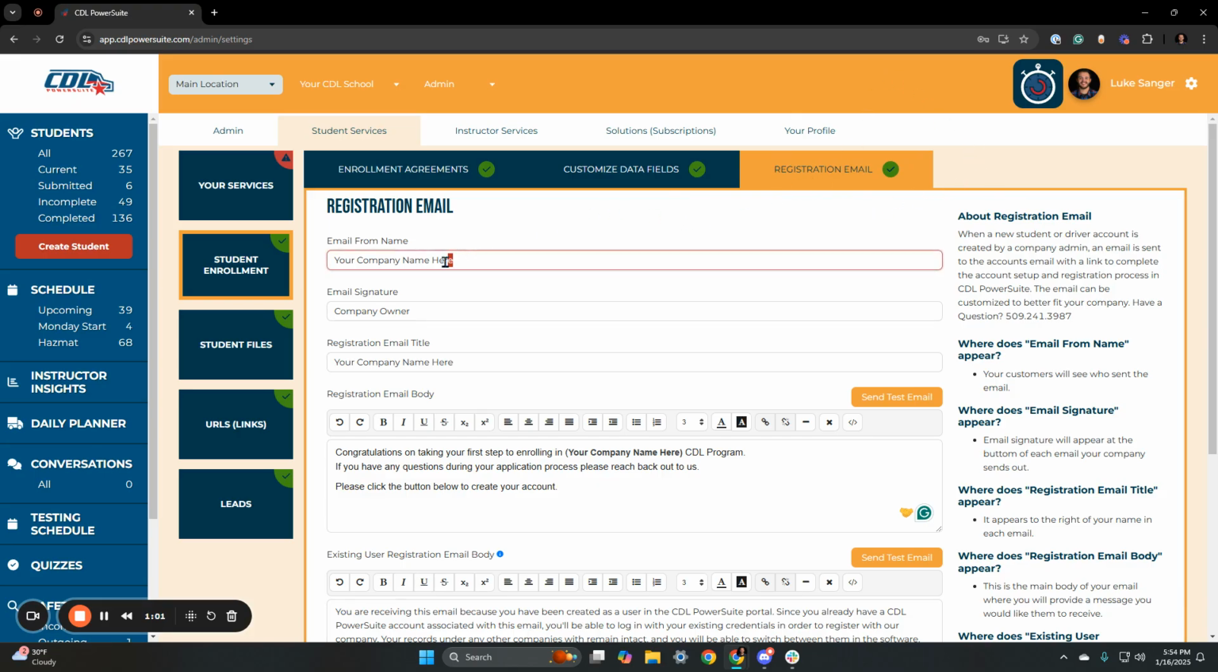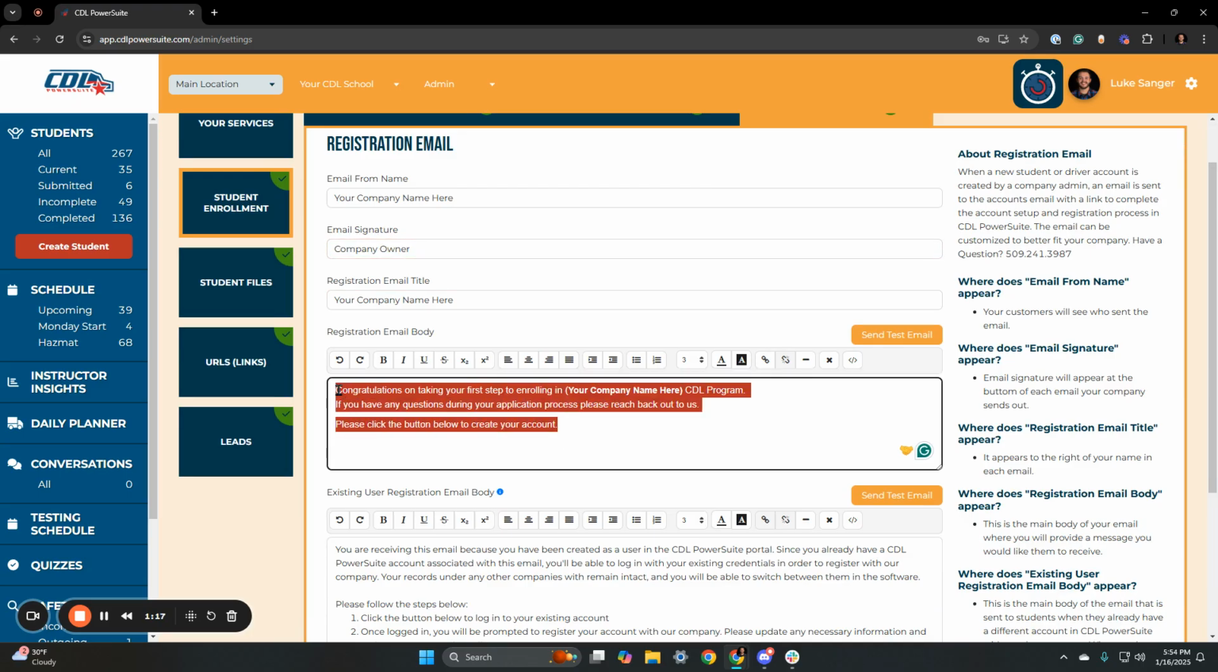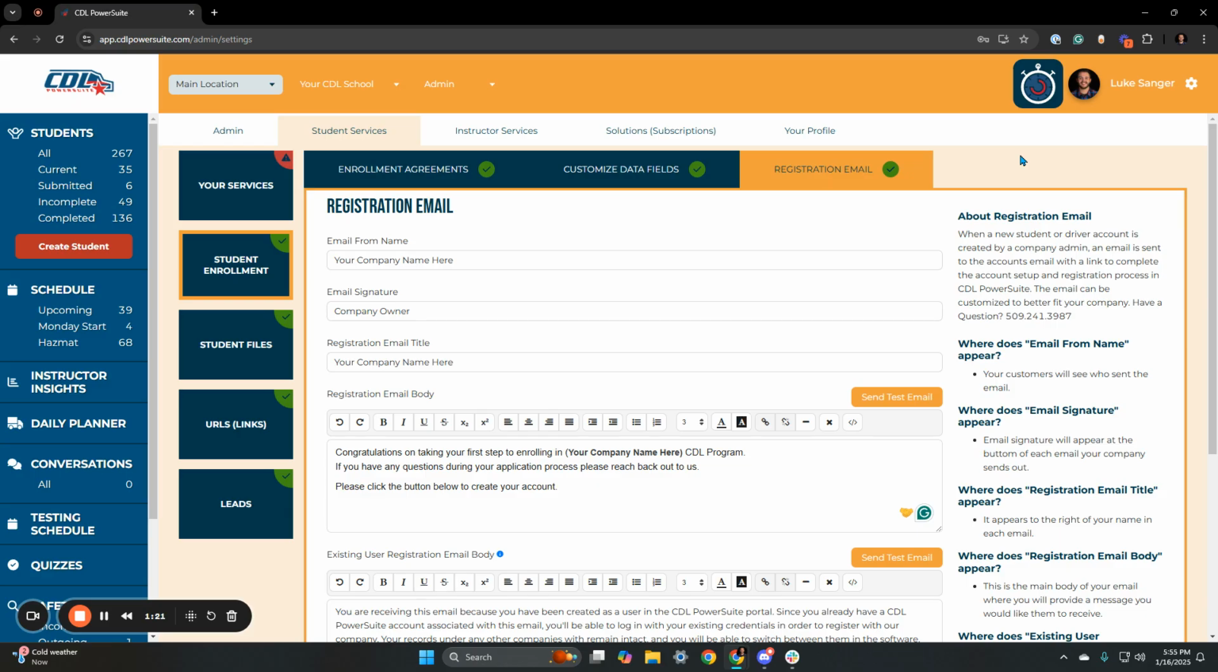You can edit the email from name, which is what they will see on their inbox in their email. You can edit the registration email title, which is going to be the subject, and the email signature within the actual email itself. On top of that, you are able to customize the registration email body so that you can tell your students whatever you want them to see before they get signed into the system. You can also send yourself test emails to see exactly what it looks like before you start sending it out